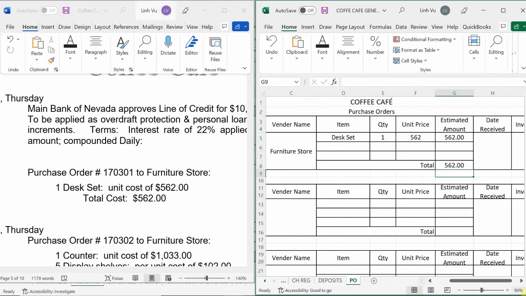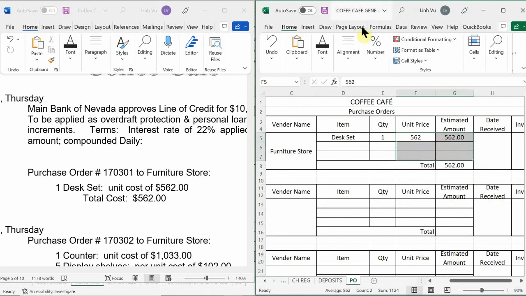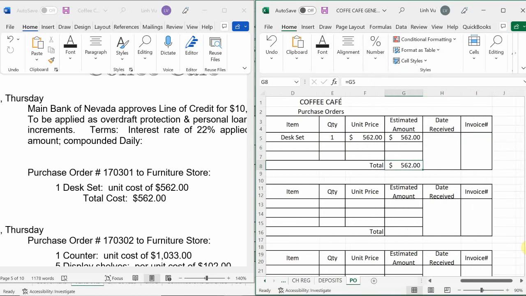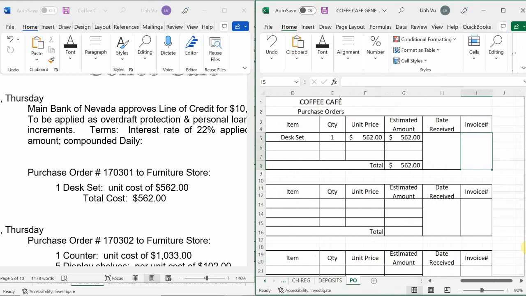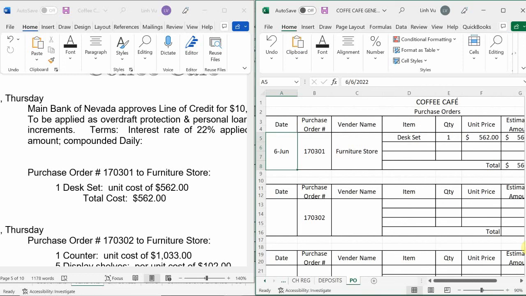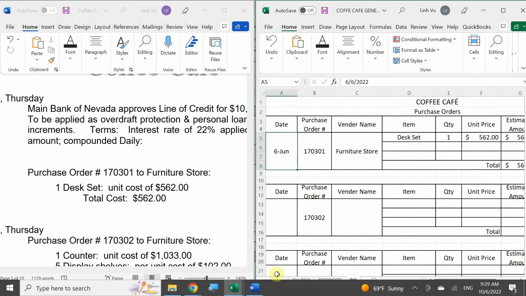$562. Okay. So then when you receive it, that is when you're going to also report that you did receive the item. Okay? And to better record that, you're also going to recognize which invoice it came with. So that way you can check mark off your purchase order there. Okay? All right. So now that I filled my purchase order,